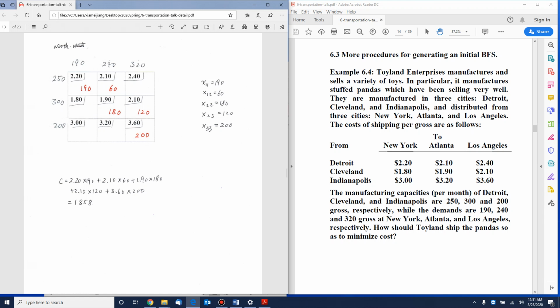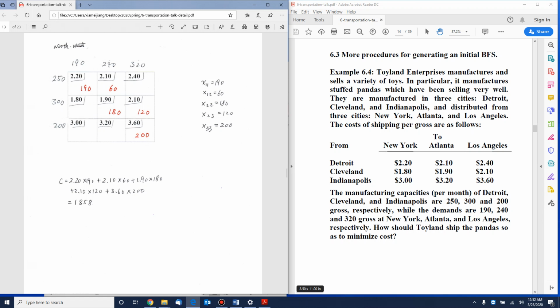Now we are going to continue discussing transportation problems. In this part, we are going to discuss other methods to generate the initial tableau for transportation problems. Here we first have an example: a toy company produces pandas in three cities: Detroit, Cleveland,